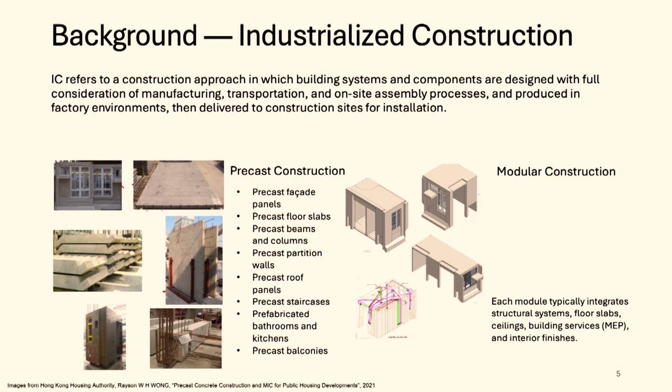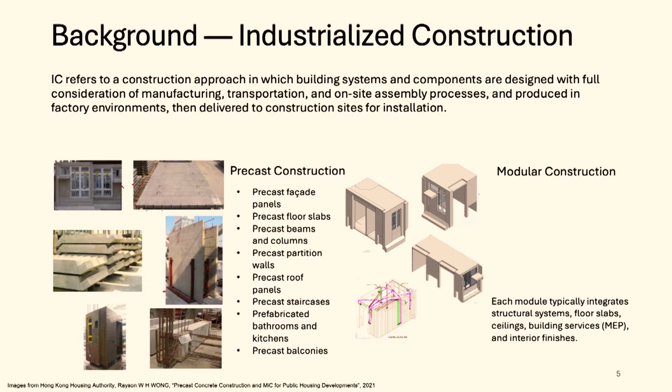When we talk about industrial construction, we also hear about other terminologies like precast construction, modular construction, modern methods of construction. All of them share some commonalities and also have some differences. From the project delivery process, they are all manufactured or produced in the factory, transported to site, and finished assembly on site. And from the design, because this talk today I will focus on the design stage, during the design stage you need to consider all the above process as well as the constraints, and how to integrate them into the design process.